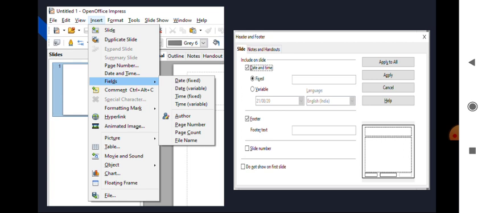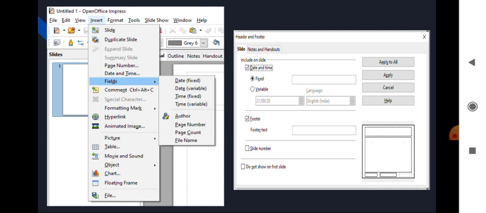The next figure is showing the different options we have to insert date and time into a slide. Like we insert header and footer into our slide, you can add date and time from there also. For that, we need to click on the view menu first and select the header and footer option.